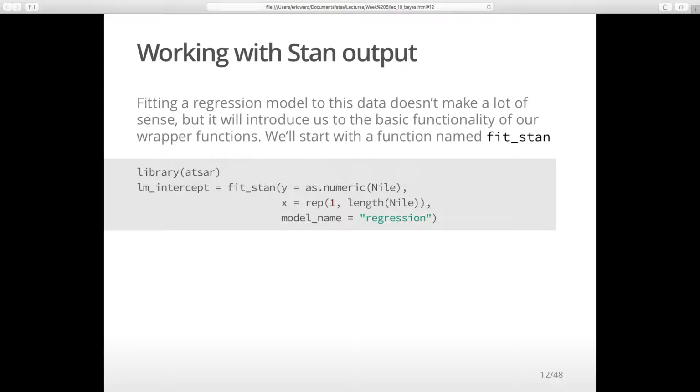Okay, so the first thing we'll do is fit a simple regression model to the data, which doesn't make a lot of sense because it doesn't include that change point in the mean, but it will introduce us to how we fit the basic functions. Next week we'll get into how to interface with Stan, what the Stan code is actually doing, how to tweak it to change different parameters slightly, and how to write our own models. But for now, we'll just run the models that we put together for the class,